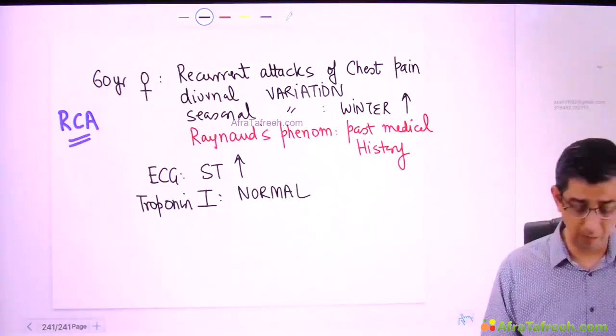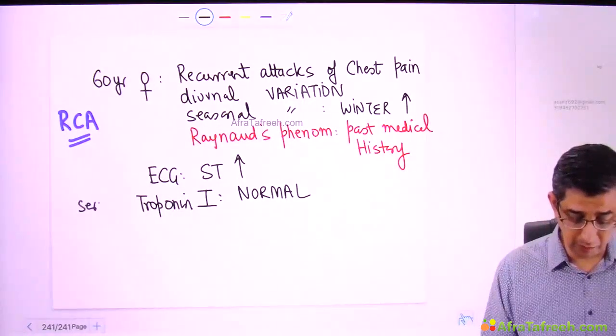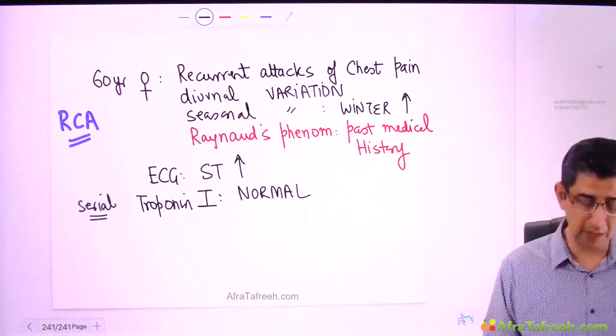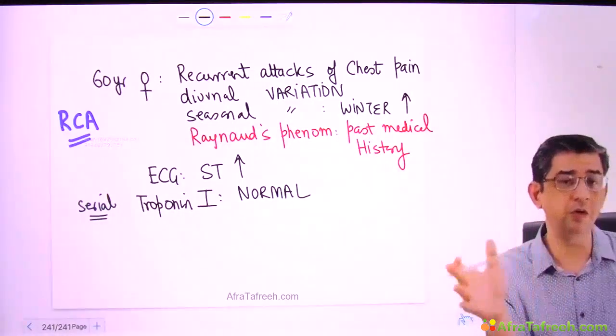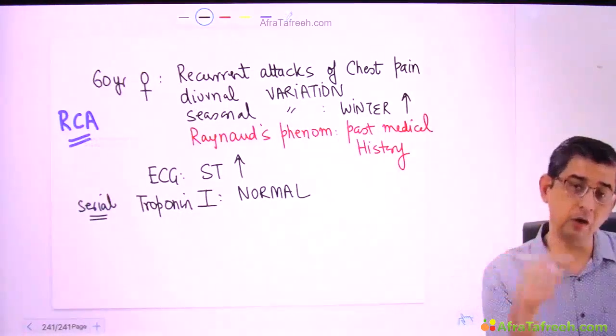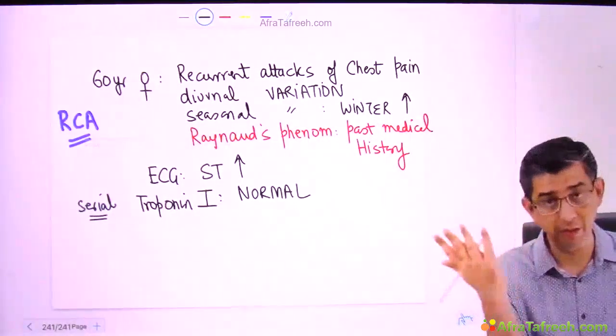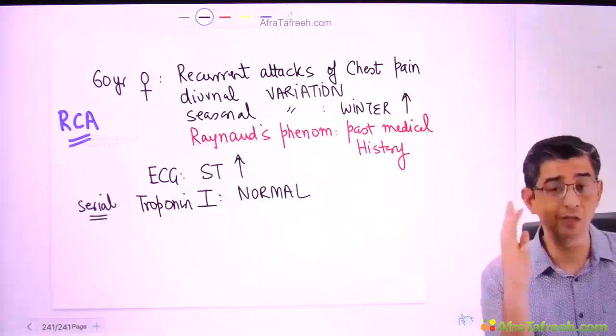And I thought, okay, maybe she presented early in the morning. She was the first case of mine in my OPD at 9 a.m. I thought maybe she woke up with chest pain at 7, and usually troponin I rises by 3 to 4 hours. So I decided to do a repeat troponin I after 6 hours, maybe after 9 hours. Serial troponin I values are turning out to be normal.